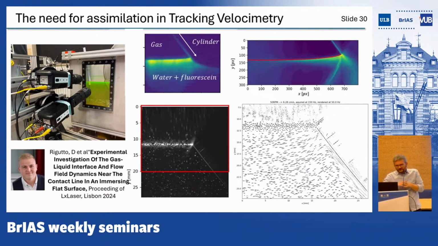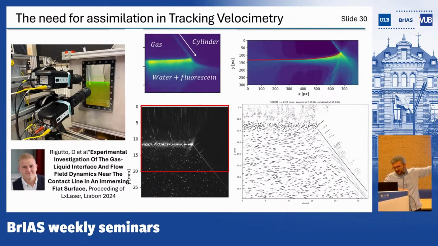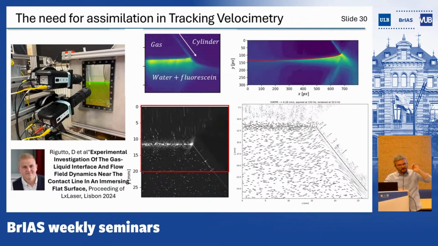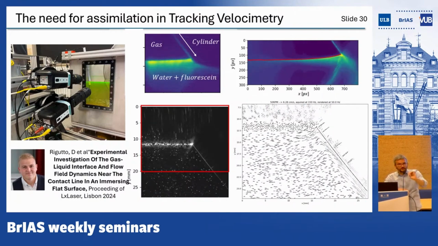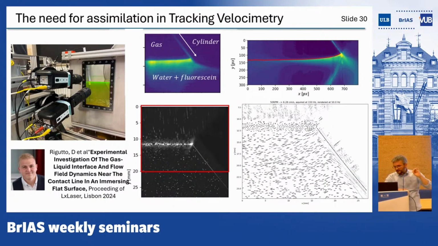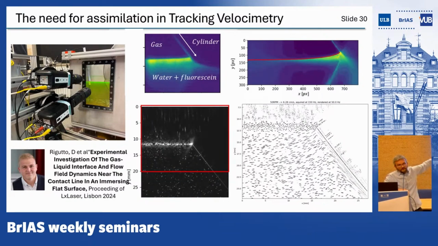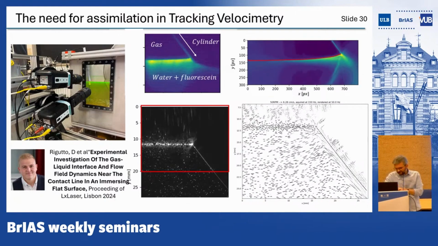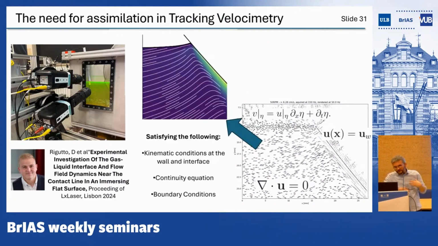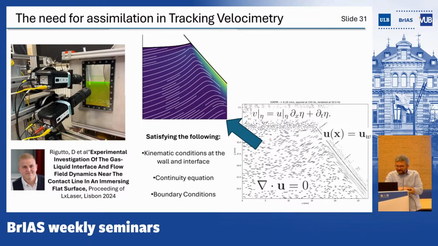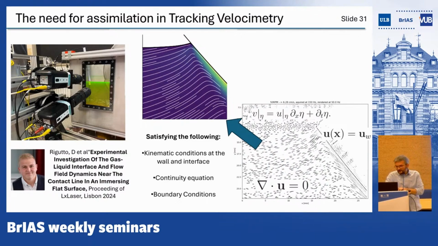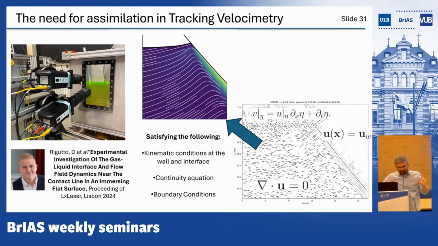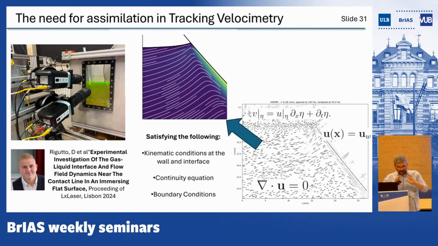Why do we need machine learning for that? Well, the kind of measurements that you have here, as you can see, those black points are very punctual. You have a velocity value at each of those points where the particle is, but you also see a lot of white areas where you don't have information. So we would like to have a better representation of these flow fields. The idea is to do some sort of clever interpolation, if you want, or we call this super resolution, where we get an analytic representation of this flow field,